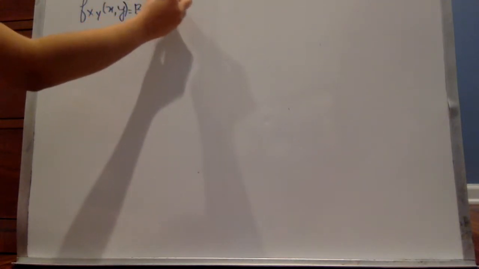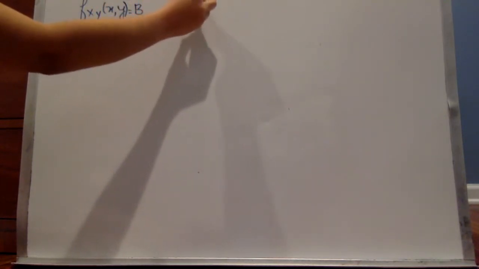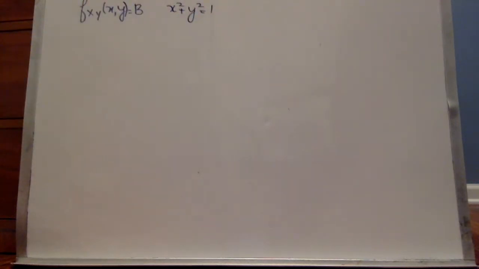In the first question, we are given a probability density function f_XY(x, y) = b when x² + y² ≤ 1 and 0 otherwise. Now in the first part, we need to find the value of b such that this function becomes a valid probability density function. So in order to find the value of b, we will use the property of probability